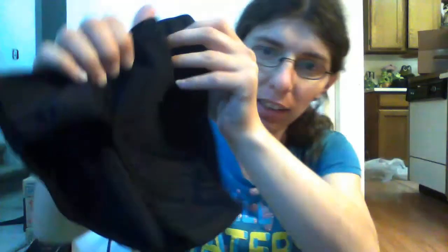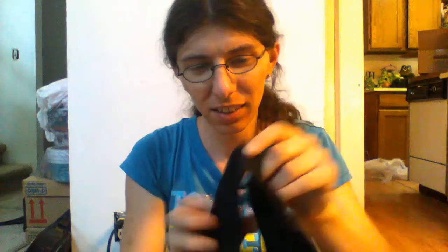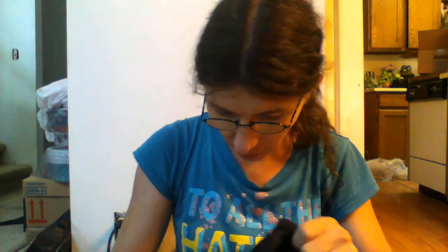And this one's black. So there's the front. If you can see, it still has that steel panel like that. Here's the back. That's what the inside looks like. You can look at that, the back. And it's still sewn the same. It's kind of hard to see on this one because it's black. And the sides are sewn the same. And it's this, the black, and the last pair I ordered is